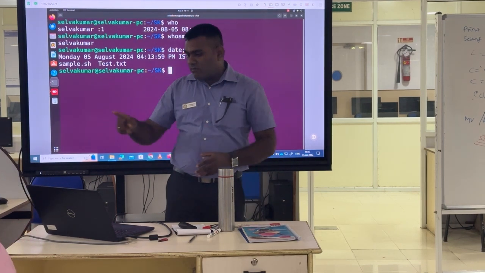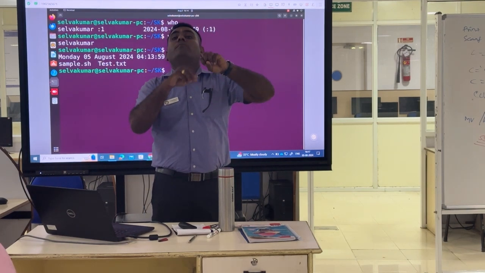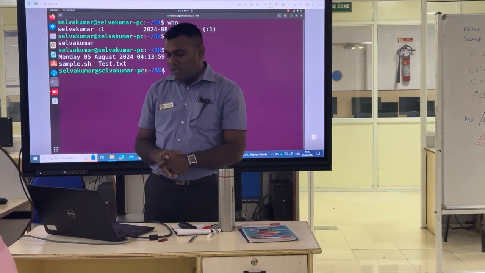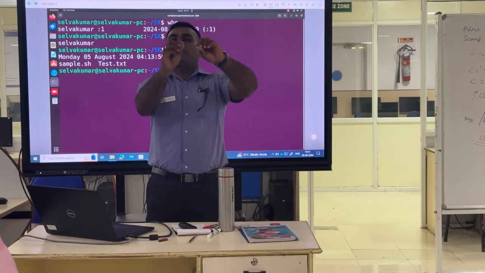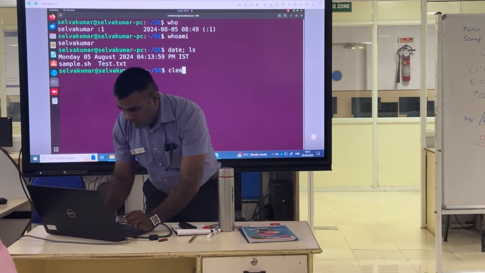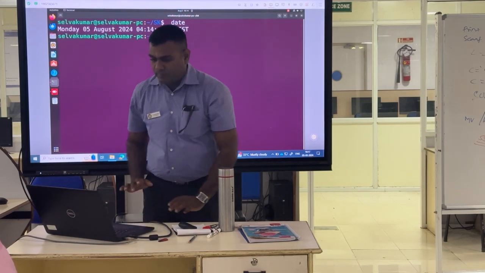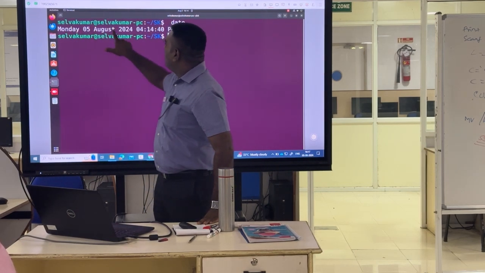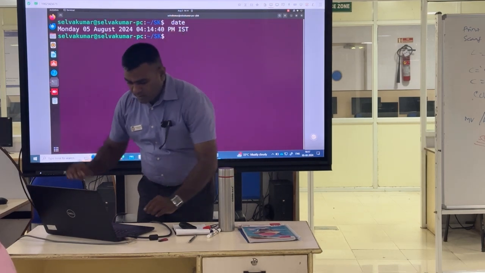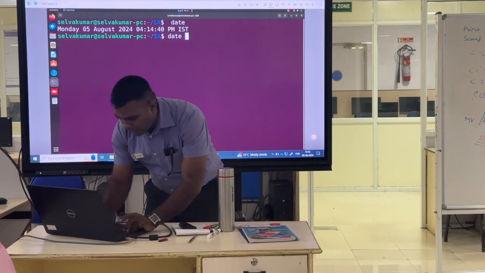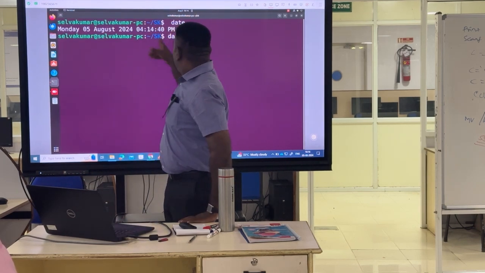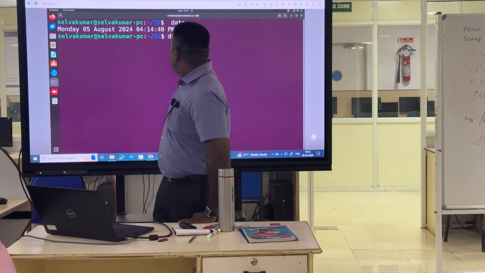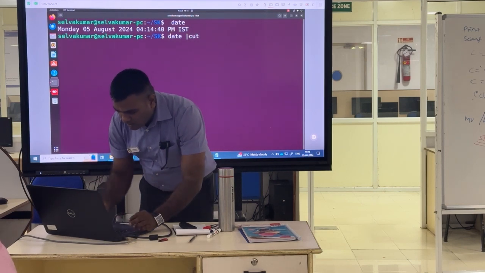Sir, if I want to forward the output of the first command to the input of the second command, like this: date cut command, it is possible. For example, you want to cut a part of the information, only the first field, or a specific 1, 2, 3, 4, fifth field. So date, pipe means, above the enter key, use shift. Pipe cut, it's a command to cut the